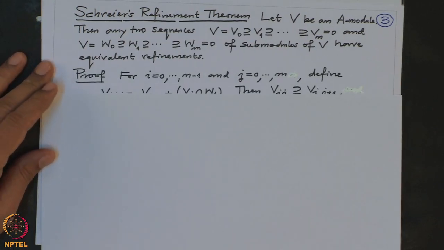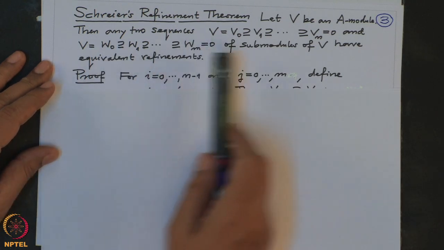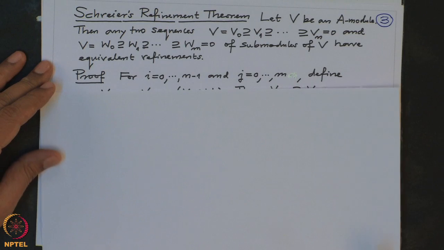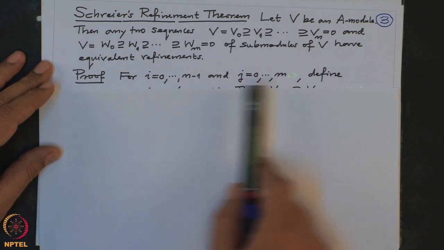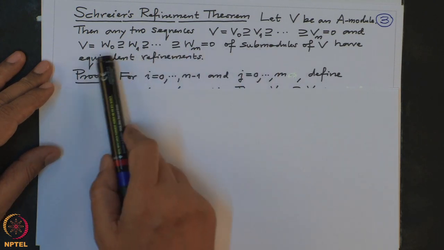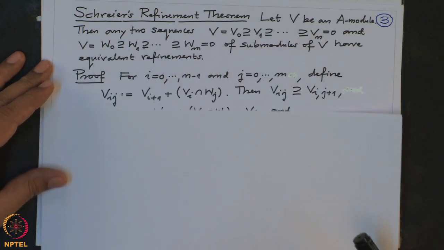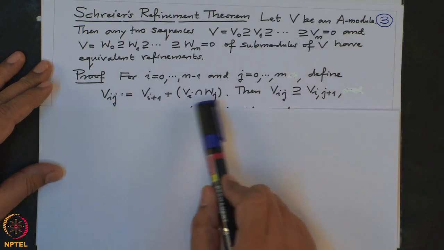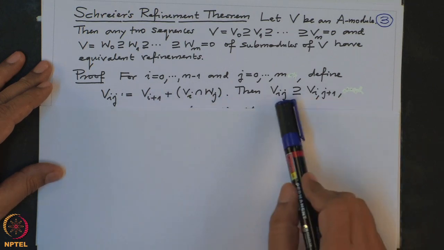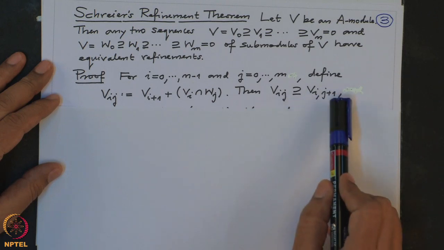Alright. So I am going to insert more terms in both the sequences. Let us define, for i equal to 0 to n minus 1 and j equal to 0 to m, where m is the number of submodules in the second sequence, Vij equal to Vi plus 1 plus Vi intersection Wj. And it is clear that Vij contains Vi j plus 1 because